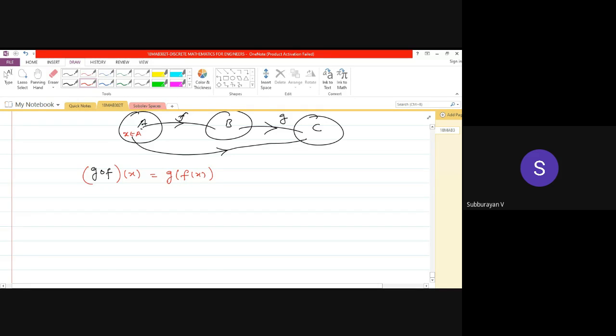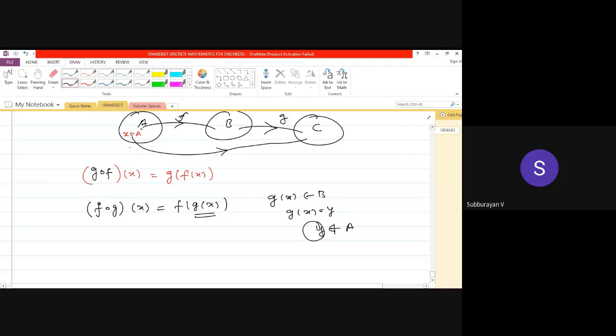This is meaningful. Whereas if you have written it like this, that is f composite g, and then I take any x belonging to here, then what is the notation? That is f of g of x. What is g of x? g of x, which belongs to B, let me take g of x equal to y, but this y does not belong to A. Therefore, we cannot operate this y under f.